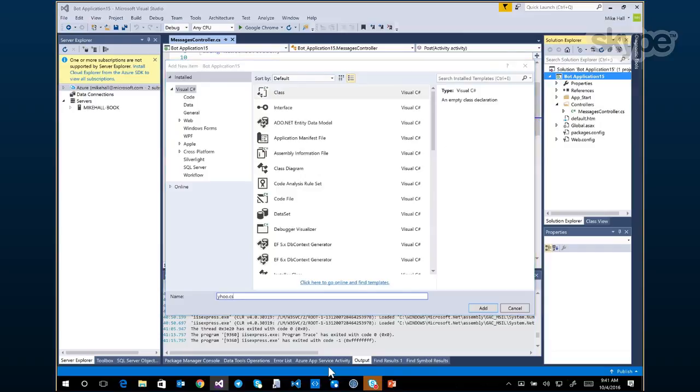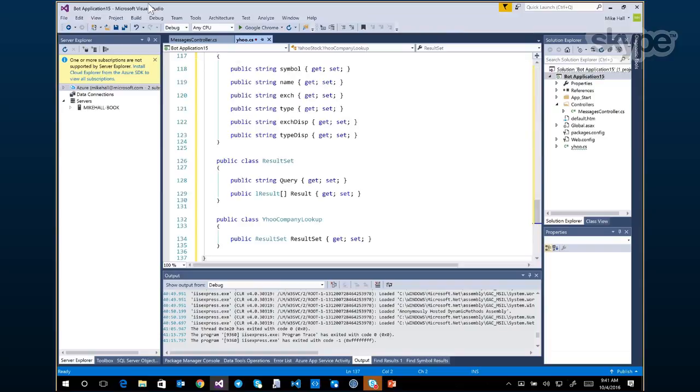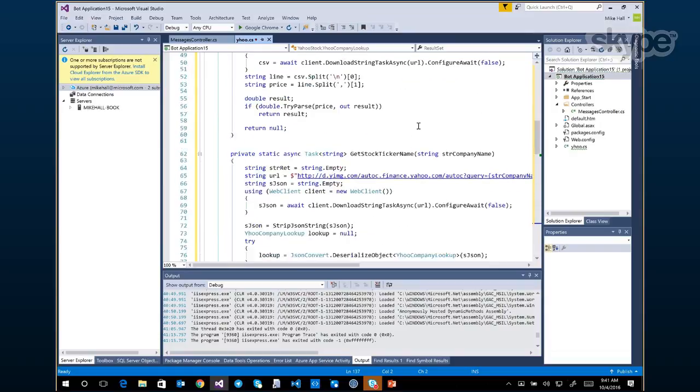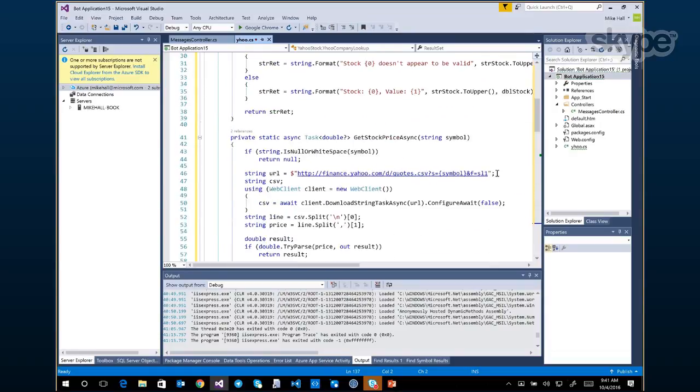So I can call this class Yahoo. I'm going to remove all of the generated code and just quickly type a small number of lines of code. And actually there's not a whole lot going on here. You can see the endpoint address for the Yahoo Stock Service. I'm using web client to call that web service.